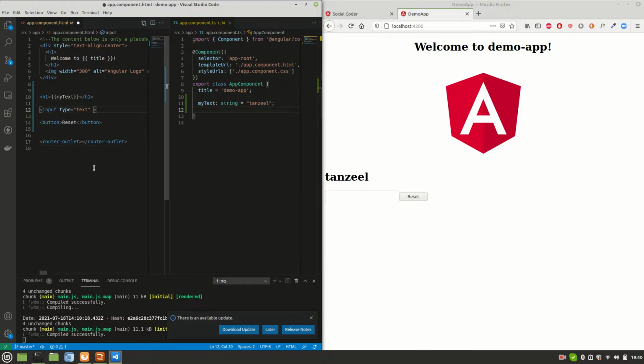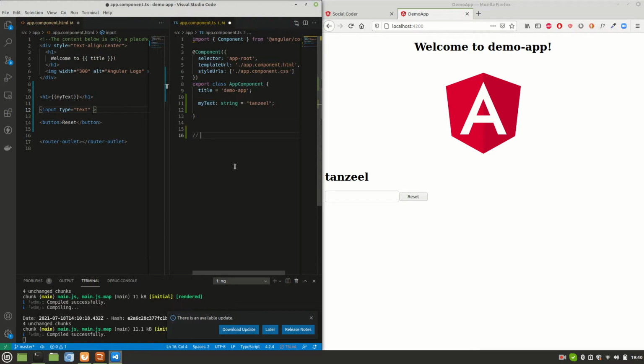Now here my plan is we need to bind this particular variable to all the elements. To do this, I'll simply use ng model, and there is a specific syntax to use ng model. The syntax is parentheses wrapped inside square brackets like this.